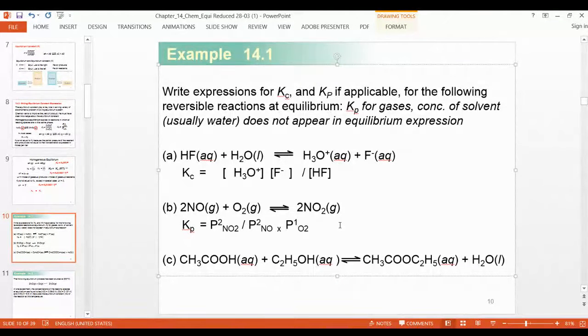What about the other students? Dr. Ali's student, is it clear to you? Yes, teacher. Alright, so now this is the third one. See how to write this. You have one liquid water here and all others are aqueous. So you will write for all aqueous, don't write for liquid water. You always take it as equivalent to 1 unit, right? Because it's constant. Remember that. Note this down in your notebook.